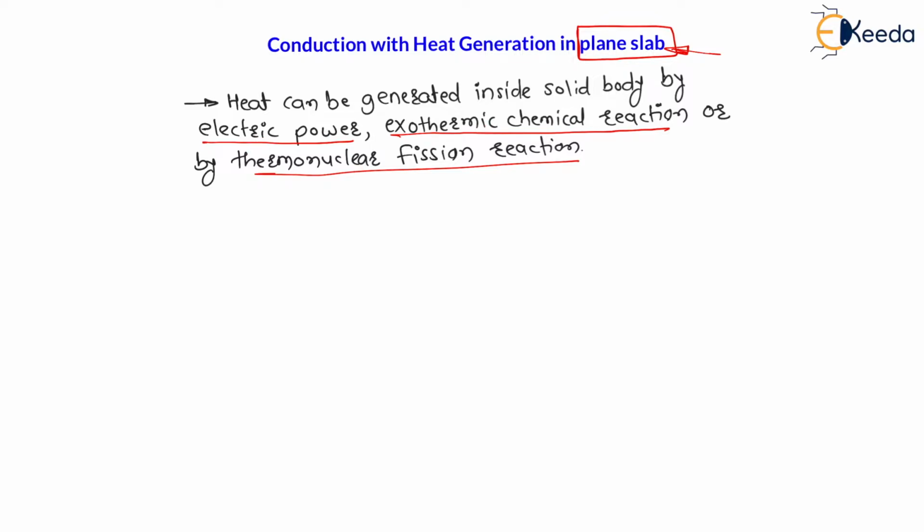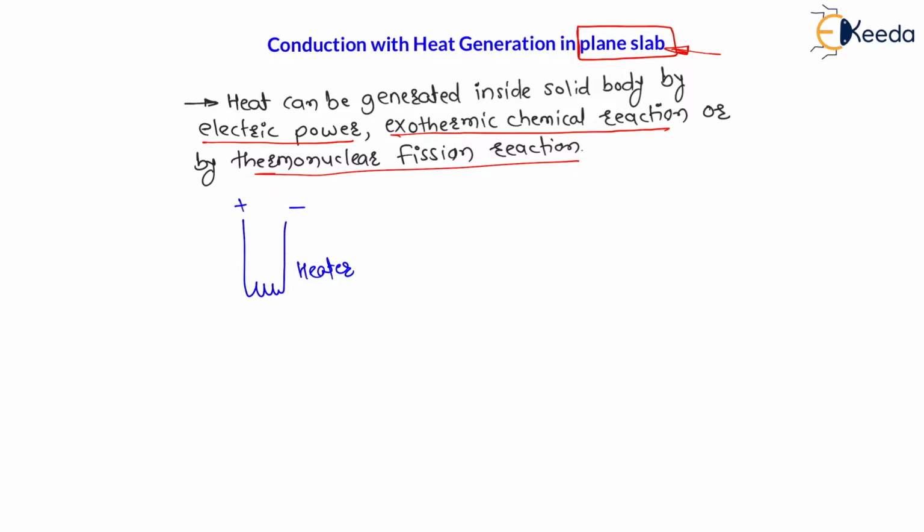Whenever electric current is flowing through any device, heat is generated in that device. You can understand this with the example of a water heater. Let's say this is a water heater. Here you will find coils. This is a heater. Here an electric supply is given, plus and minus.